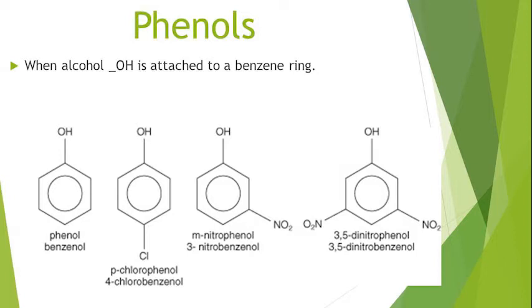As you have seen, there is a monohydric phenol present in the form of phenol or benzophenol. Chlorine can also be attached to a phenol ring by releasing 1 hydrogen atom from the ring. So you can see that phenol chloride or chlorophenol is present here. Nitrophenol and dinitrophenol can also be formed by the releasing of 2 hydrogens from phenol ring.